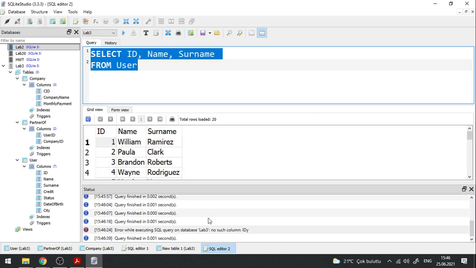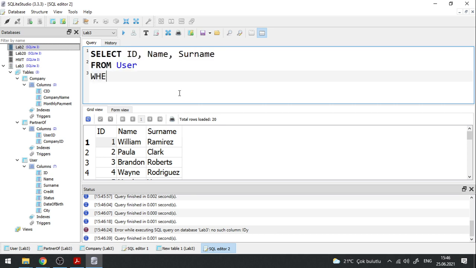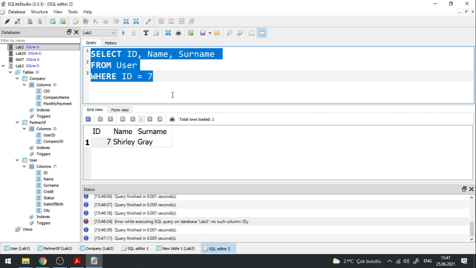Most of the time we would like to not get all the data. So for example, let's say we have millions of users and we would like to put some criteria. For that we are using the where keyword, right? For any of the attributes, so for the user table we have lots of different attributes, 7 attributes, right? Some of them I can project, but for any of these attributes I can put some rules. I can say, okay, where ID is equal to 7, for example. This is valid. So the projection is going to only return one user where the ID is exactly equal